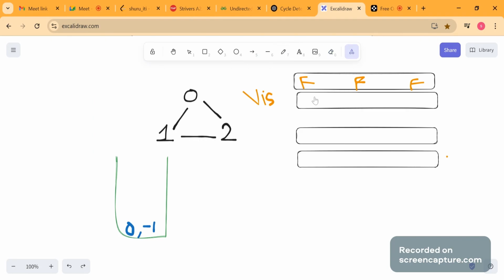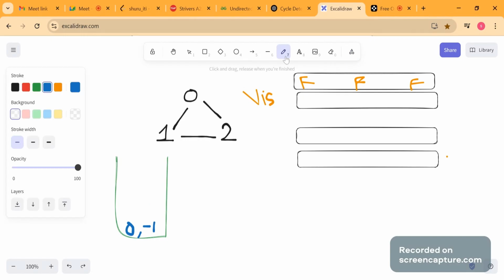So we are storing the node. We are starting from here. So 0 is our node. In the queue we have added 0, and it has no parent because it's the first node that we are taking, so we are adding -1 as its parent. Now we will go to its neighbors. The visited array is obviously filled with false because none of the nodes are visited yet. Now, as we have added 0, we will mark it as true, and the rest will remain false.